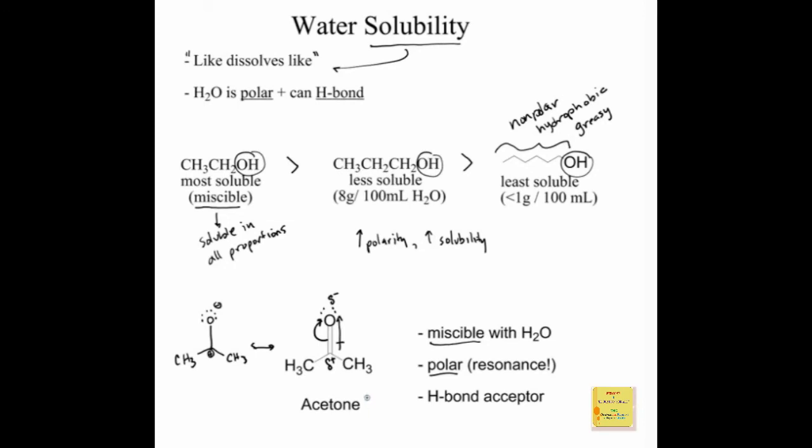Okay? And in addition, it can also be a hydrogen bond acceptor. Acetone itself cannot hydrogen bond with other molecules of acetone because it has no OH group. So acetone is a fairly low boiling solvent. Again, if you ever got some acetone on your skin with nail polish remover, it feels cold, evaporates very quickly. It's quite low boiling. Okay, but because it has an oxygen with lone pairs, it can participate in hydrogen bonding